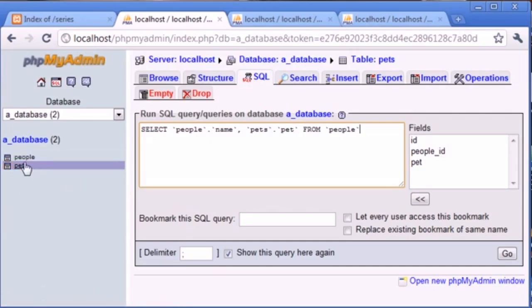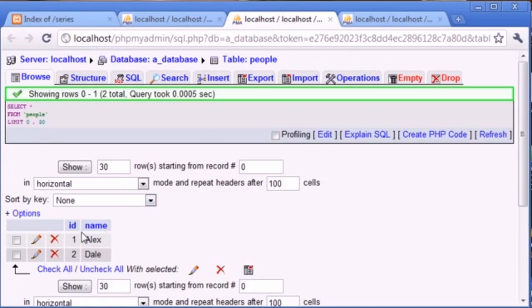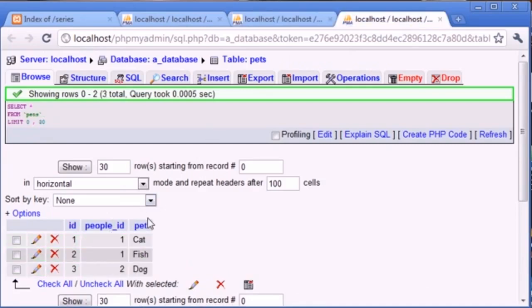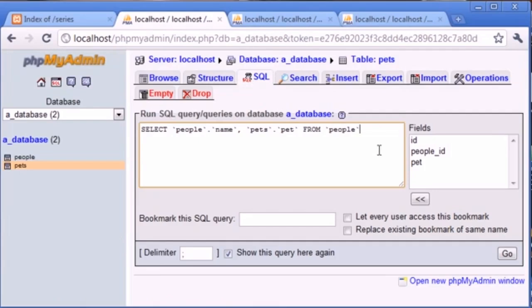So we want to say where this ID here is equal to this people ID here. We do this in a slightly odd way. So we say from people, left join, and the table we want to join, pets. So select from people, left join pets,